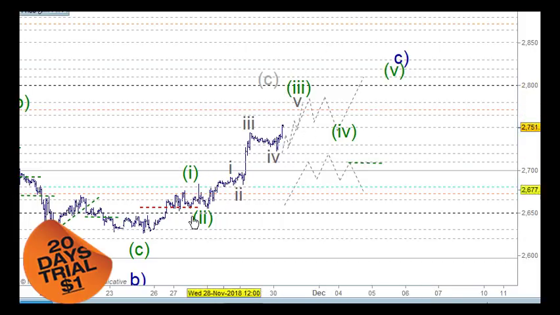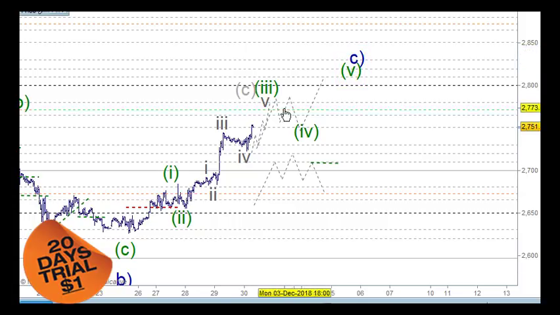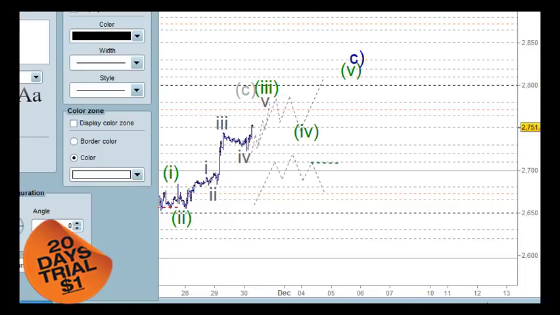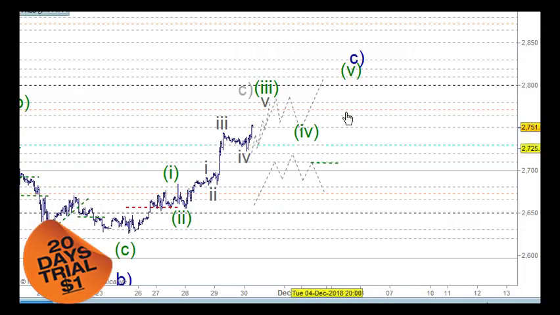So it's possible that if we have this move up here as a triangle pattern, that 3rd wave can be part of that triangle pattern, where we would end up having wave C here, the blue wave C here. Whoops, that should just be on one side, and then into wave D after that. So wave D would pull back to 61.8%, so probably testing this level here, the 2700. But looking at the structure and getting a feeling for it, it does feel like we've got an impulse wave here as wave C, and then we'll look for the